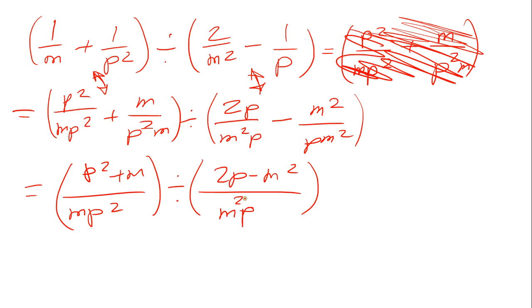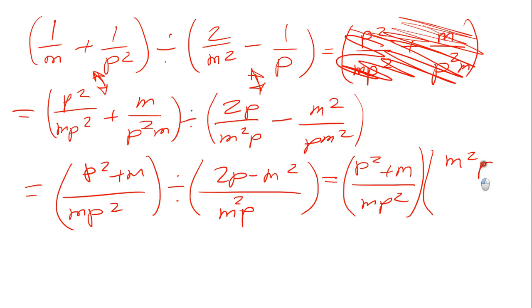So when I rewrite this, it's just going to be p squared plus m over m p squared times m squared p over 2p minus m squared. Alrighty, so that cancels. The square cancels. So I'm left with